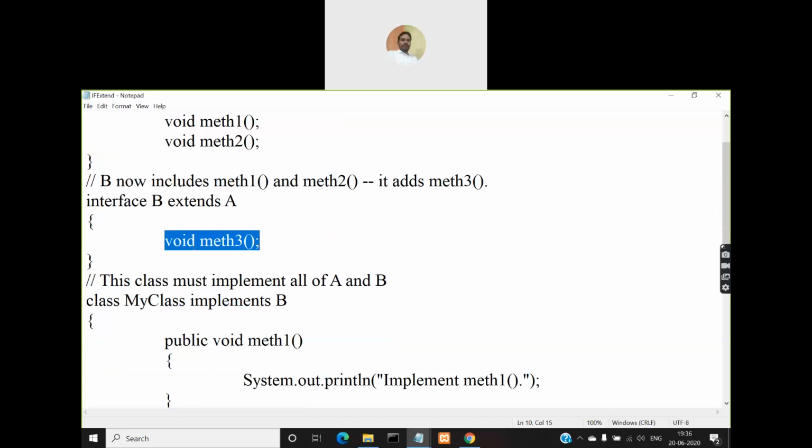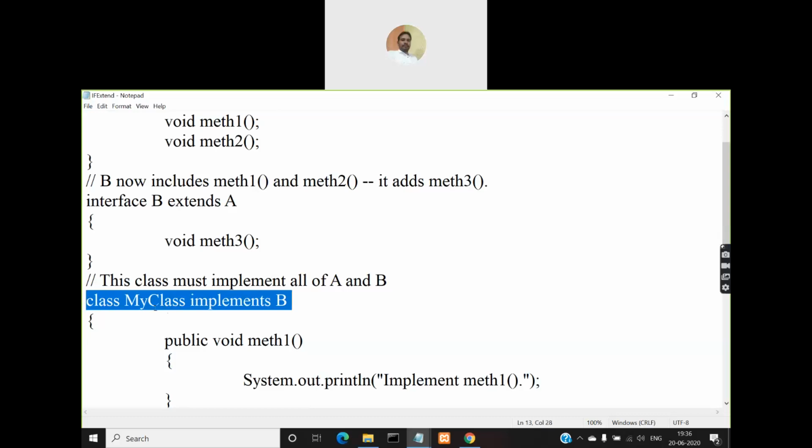Okay, so now I am creating a class called MyClass and implementing interface B, right? So if I implement interface B, I have to implement all the three methods, met1, met2 and met3, because B is extending A and A has two methods and B has one method. Altogether three methods I have to implement.